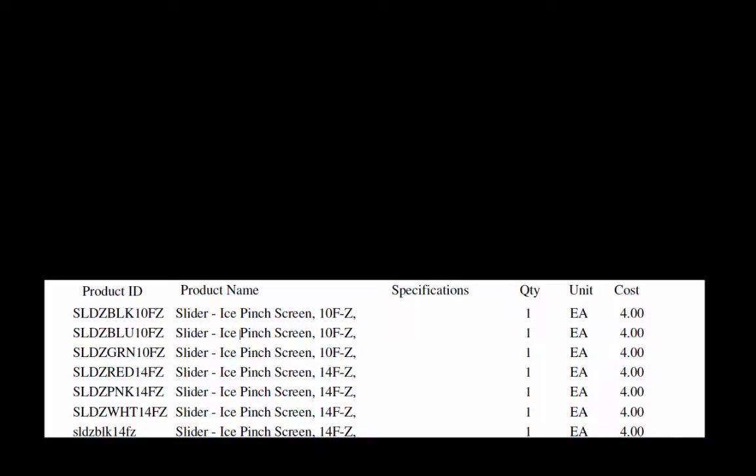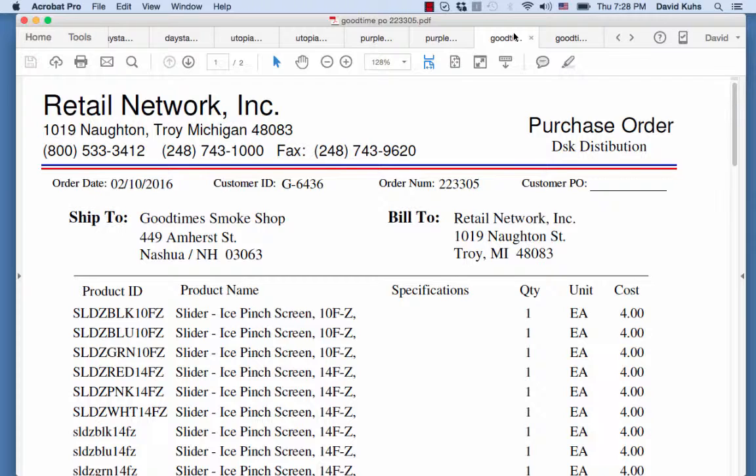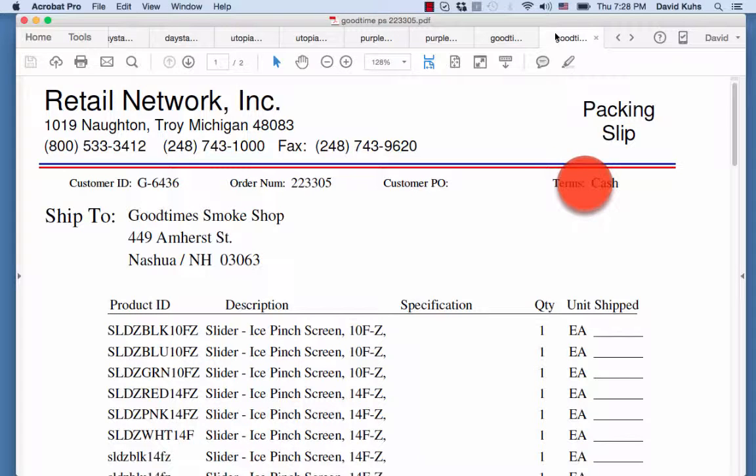And below all of the customer information, you will notice where our product information is for actually creating the order. You'll see that we have the product code, the product description, the quantity, and then the price that the product sold for. So here you'll see that we have two things. We have the purchase order and we have the packing slip. The only thing that we actually need the packing slip for is to know what the payment terms are for